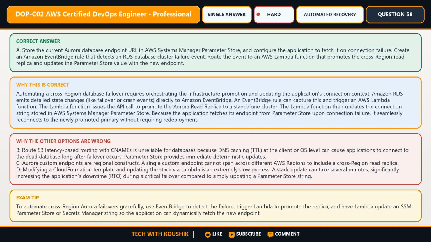The best choice is option A. Store the current Aurora database endpoint URL in AWS Systems Manager Parameter Store and configure the application to fetch it on connection failure. Create an Amazon EventBridge rule that detects an RDS database cluster failure event. Route the event to an AWS Lambda function that promotes the cross-region read replica and updates the Parameter Store value with the new endpoint. This works because automating a cross-region database failover requires orchestrating the infrastructure promotion and updating the